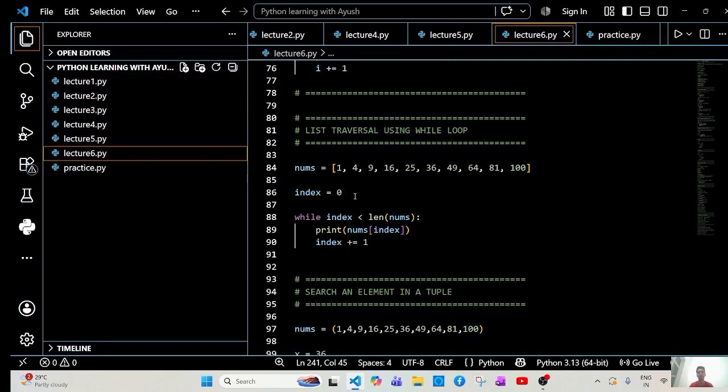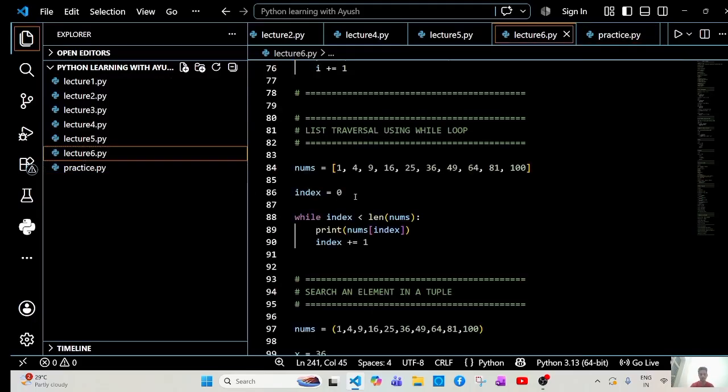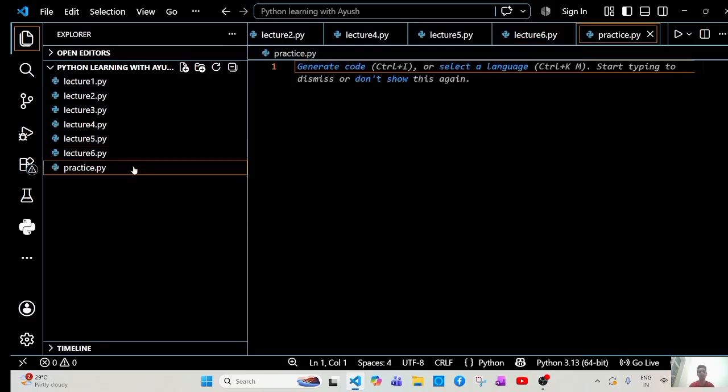like this. nums is equal to 1, 4, 9, 16 till 100. Okay. Our goal is to print every element. How can we do that? So step 1, start from index 0. Once again, start from index 0, because Python indexing starts from 0. And step 2, len(nums), which automatically gives the total number of elements. Okay, then our program should be